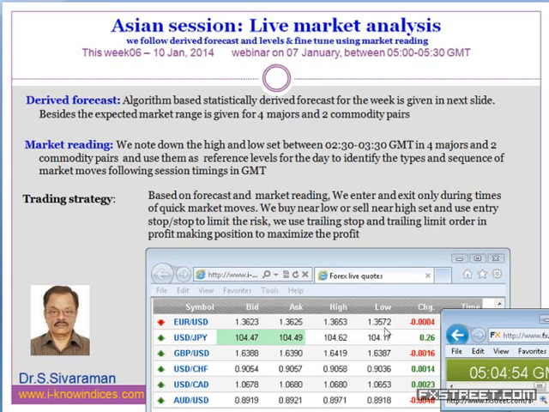And what you need to do is find out whether the market is closer to the low or closer to the high. If they are near the high, and stop cutting the new high for more than 30 minutes during the early or the late sessions. So these conditions are very important. Not any time of the day. If they are near the high or near the low, during the early or the late part of a session, we can take a sell position near the high and a buy position near the low, so that within the session, we should be able to book profit. So that you need to understand.